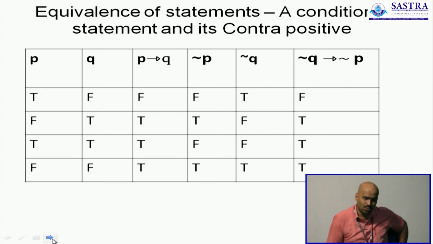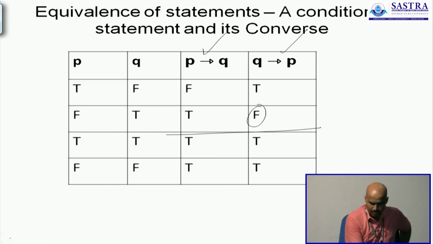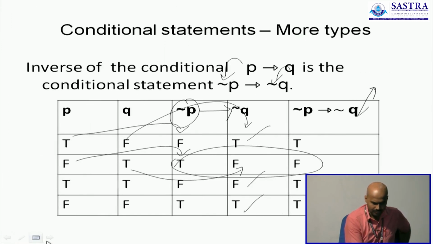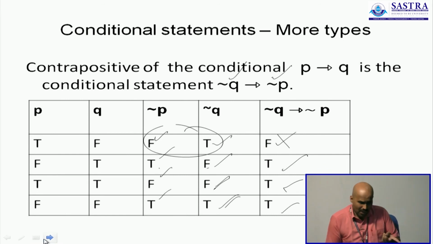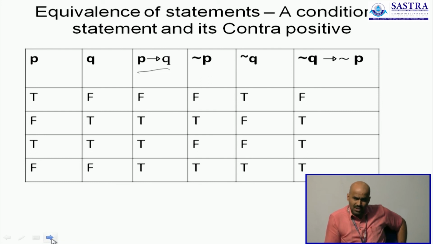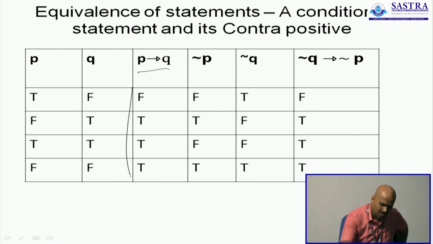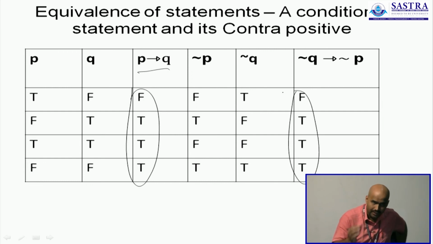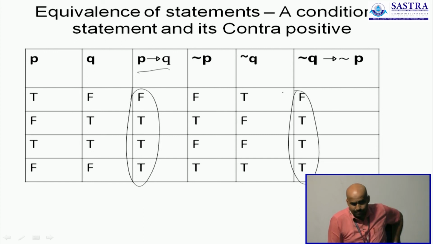Let's talk about P and Q, the conditional P to Q, the contrapositive, as we just saw a couple of slides back. Here we saw that a contrapositive is where you both do the switching from Q to negated Q and also the direction of the arrows. That's what you call the contrapositive. And when you compare a conditional and its contrapositive, you see that the columns are totally identical. You have an F followed by three T's, you also have an F followed by three T's, despite both conditionals being made of different sets of statements.